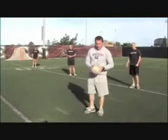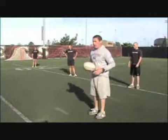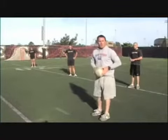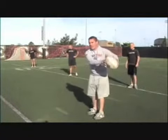Taking that last drill, we're going to expand. If we can get 3 teammates, we can put somebody in the middle and really work on transferring the ball. This is where the catch really becomes critical, where we need to reach for the ball and get it across our body. And by reaching for the ball and catching out here, that allows us the opportunity to transfer in